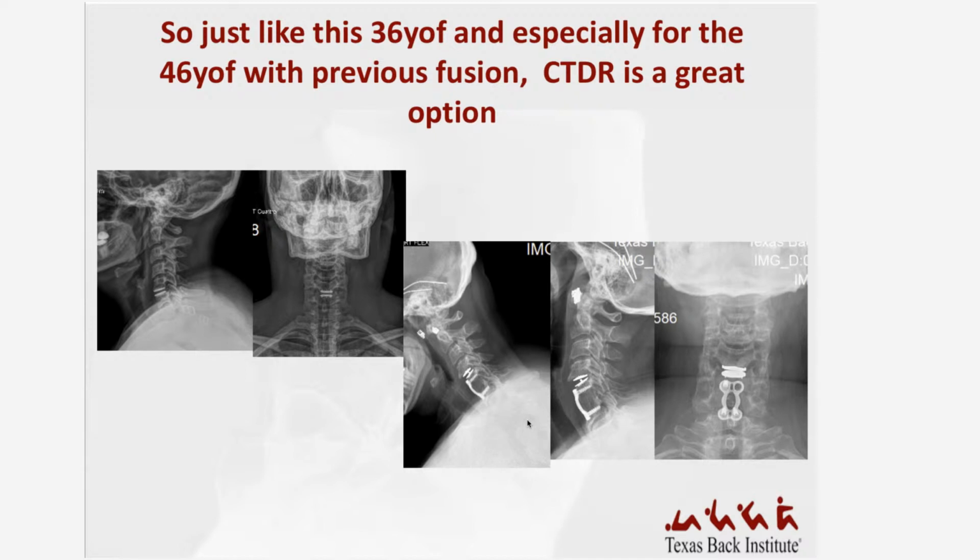Like my 36-year-old patient that we did a TDR, had exactly the same picture, and especially for my 46-year-old patient that had a previous fusion, the TDR was an excellent option for them. So basically for this patient, even though